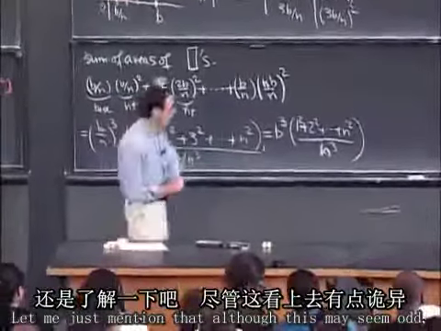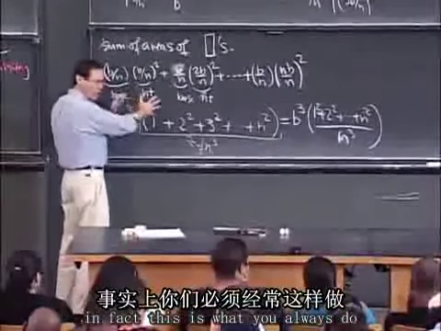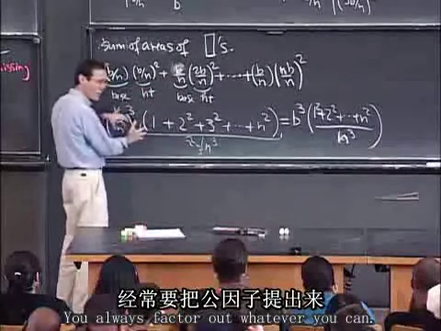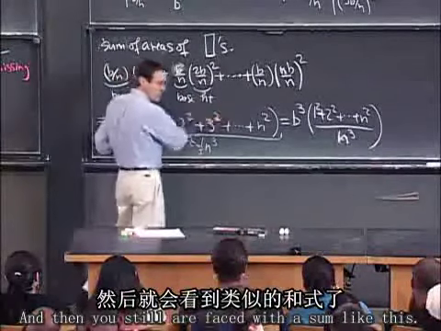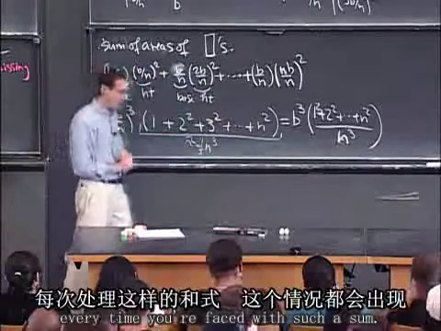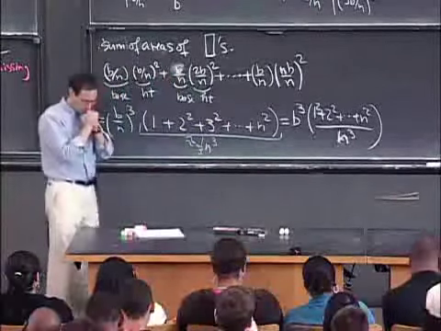Let me just mention that although this may seem odd, in fact, this is what you always do if you analyze these kinds of sums. You always factor out whatever you can, and then you still are faced with a sum like this. So this will happen systematically every time you're faced with such a sum. Okay, now